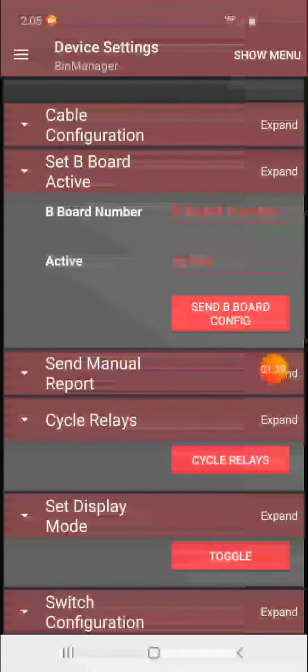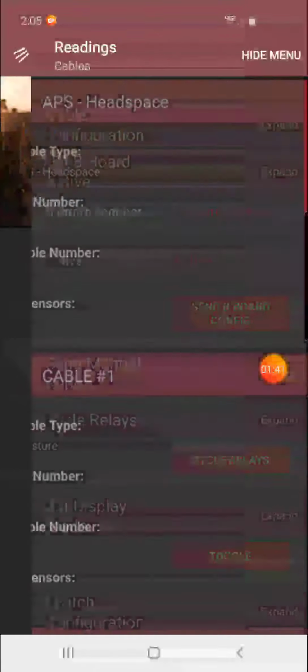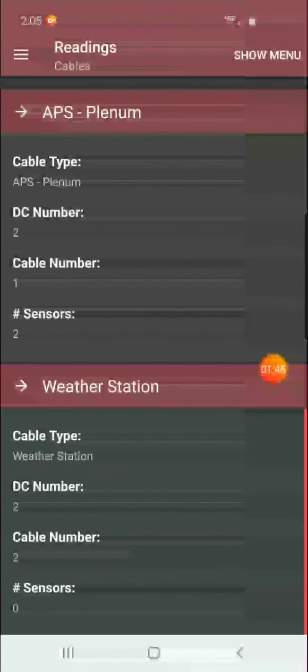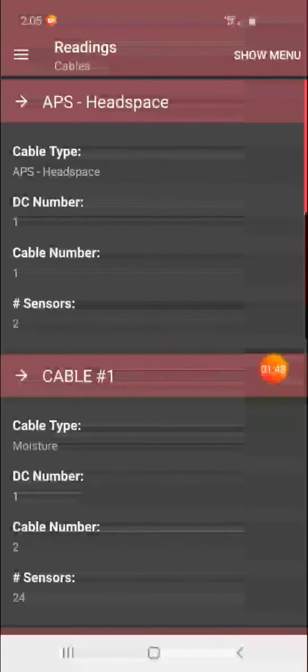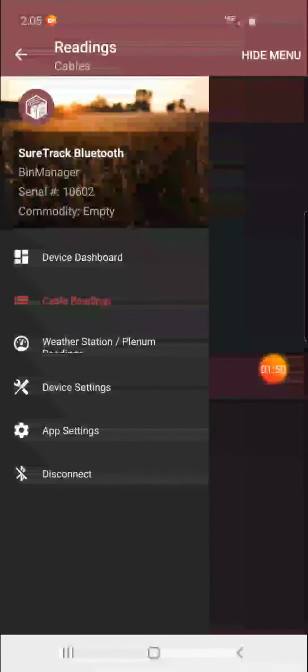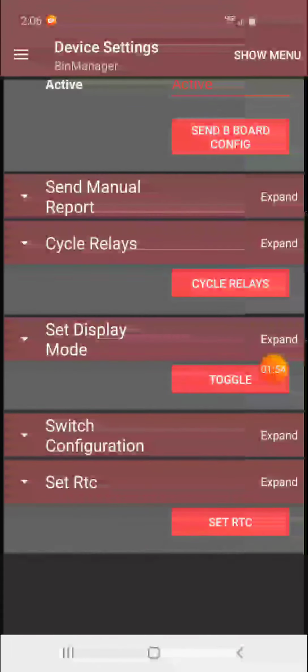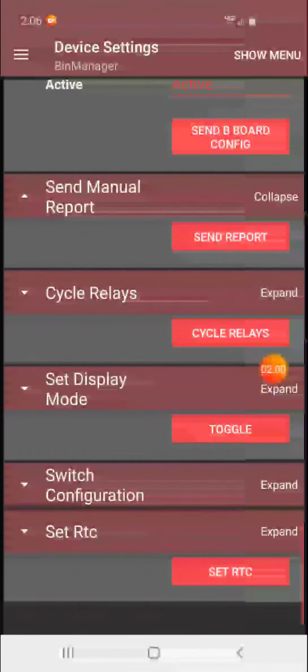Once you've completed this task, you can hit the hamburger menu, select cable readings, and you should have your cables populated here. Once we've done that and we've confirmed all of our readings are good, by clicking into and reading each one of the cables, we can come back to the device settings menu, select expand on send manual report, and send